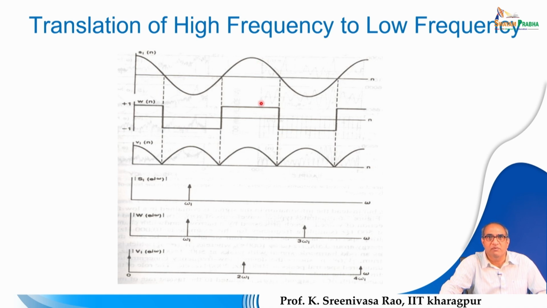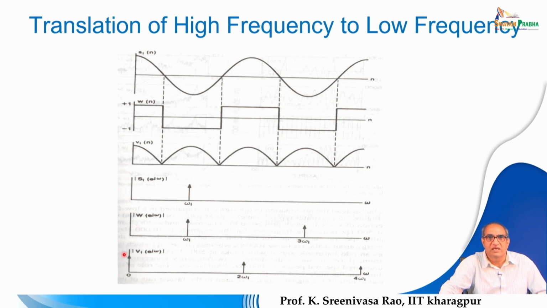And here we are performing a multiplication in the time domain. Therefore, the spectrum of this full rectified signal is nothing but the convolution of these two spectra, because we are performing multiplication in the time domain. The equivalent in the frequency domain, to analyze the spectrum of the outcome of this nonlinearity, is a convolution of these two spectra. This is the spectrum corresponding to the narrowband signal, and this is the spectrum corresponding to the rectangular waveform. If you perform a convolution on this, you can see that at 0 shift you have the signal,